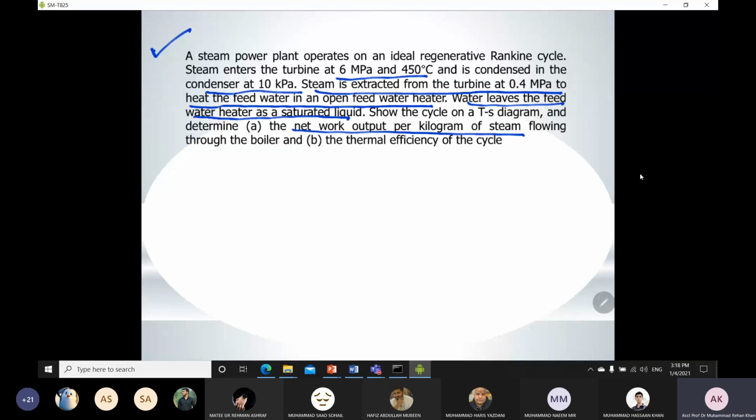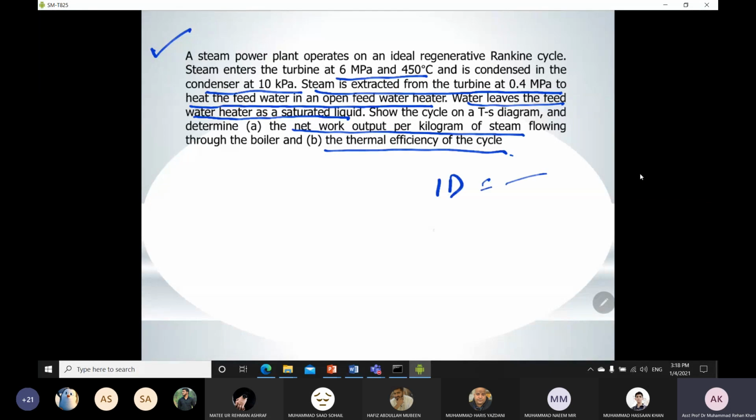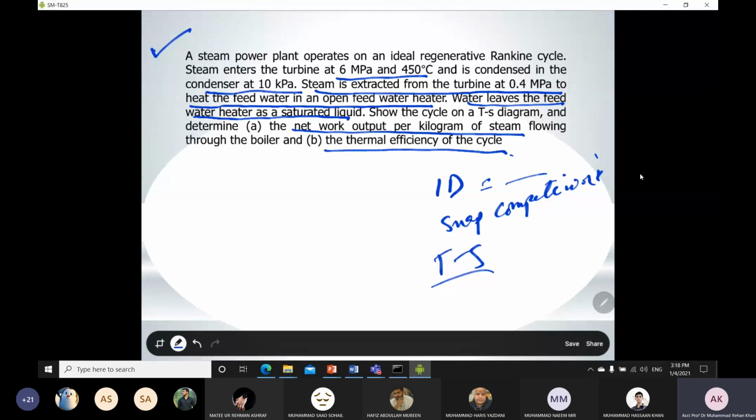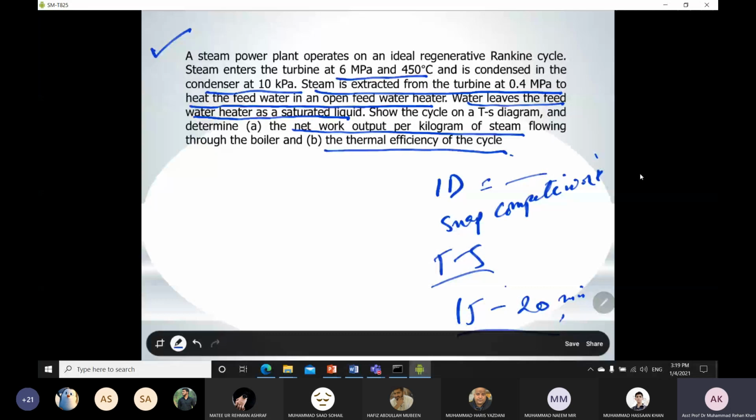You have to apply the same knowledge and send me in the inbox your ID and the snapshot of your complete work, not only the answer. Send me the snapshot of the complete work, including the TS diagram also. You have to build the TS diagram by yourself on paper. You can take 15 to 20 minutes. If you have any question, you can ask me now. You can note down the question also so that